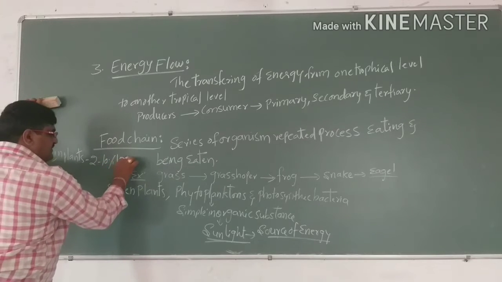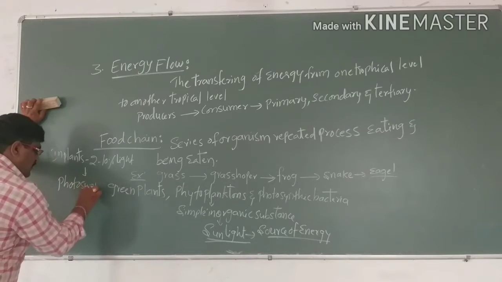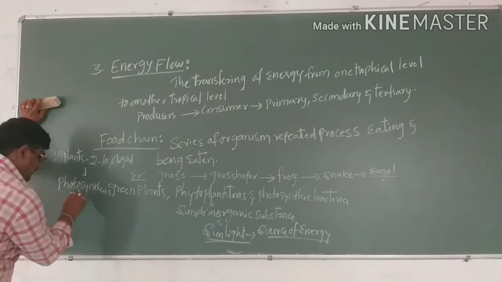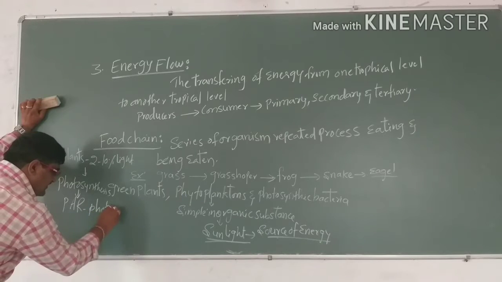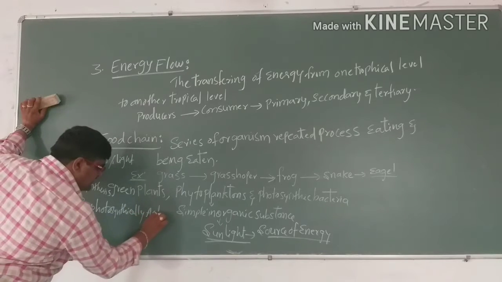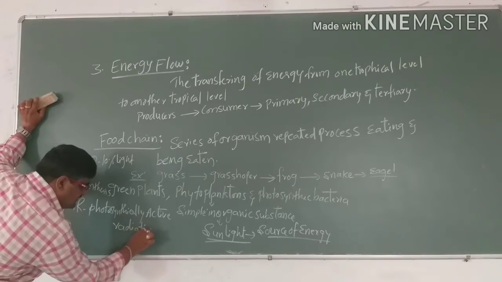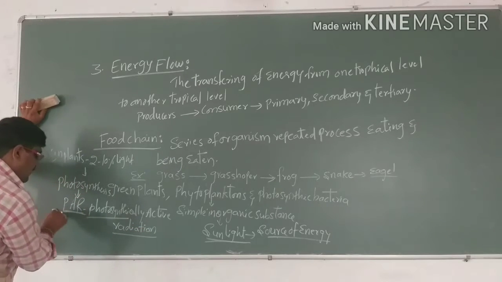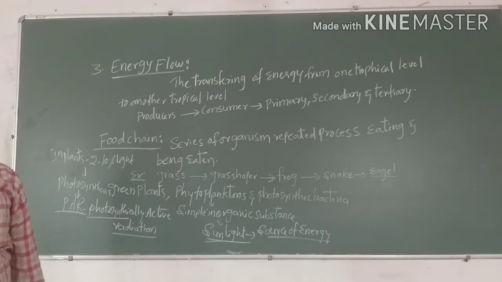The light is utilized for photosynthesis in the form of PAR. PAR means photosynthetically active radiation, which is the amount of energy that sustains the entire living